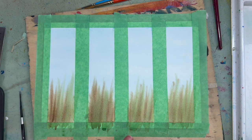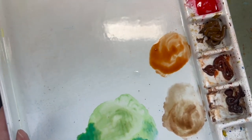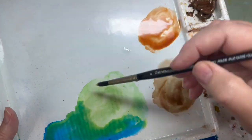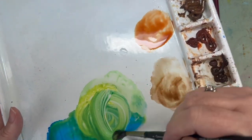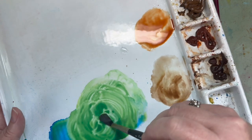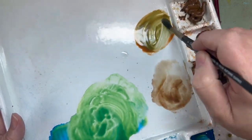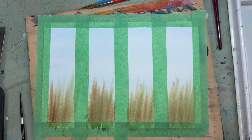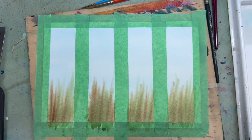Okay, so the burnt sienna I'm going to use. And I'm going to add a little bit of green to it. Okay. Clean my brush. Okay. So, oops, goopy. There we go. I'm going to add a little bit of green to that. Okay. For the stems, making an olive color. Okay. So, take this brush and I'm going to, then